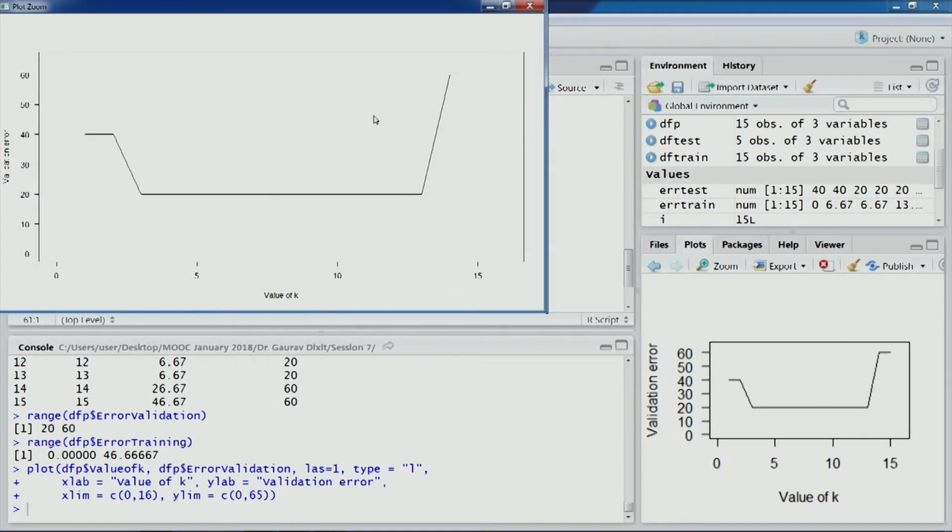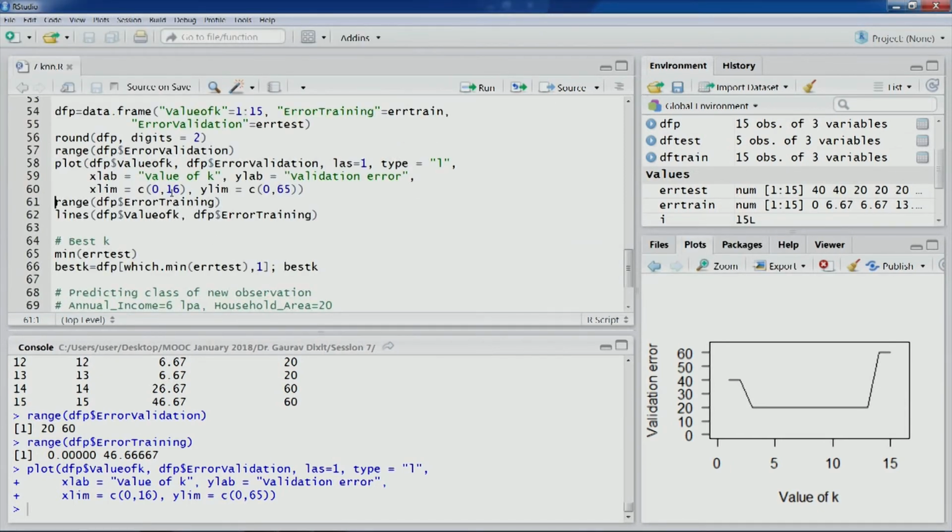So this typically would be more smooth if there are more values of k to choose from. If we plot a smaller number of values for k, then again the plot would look like this. But if we have a large number of values for k to pick from, then with the larger sample size, the error values will also smooth out. So this curve would be much more smooth.